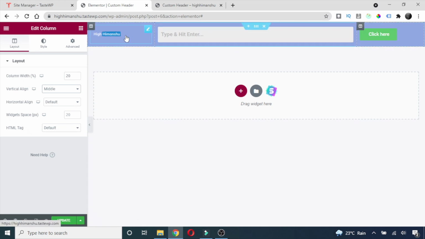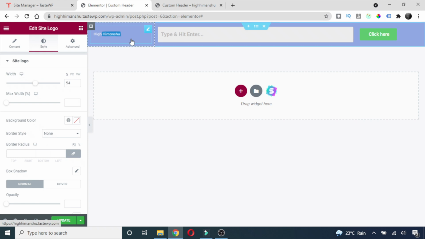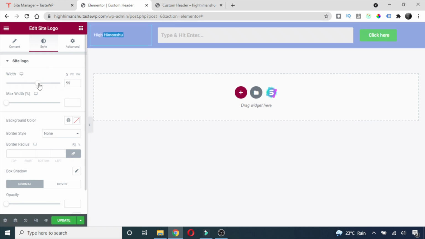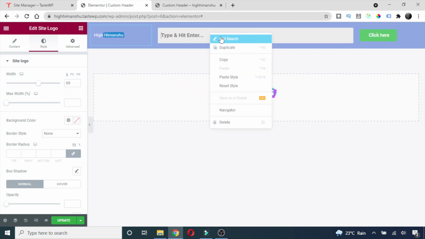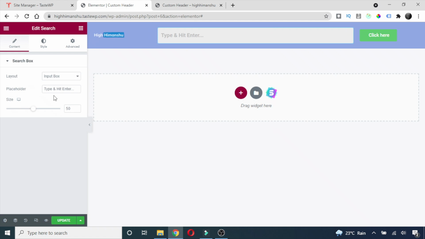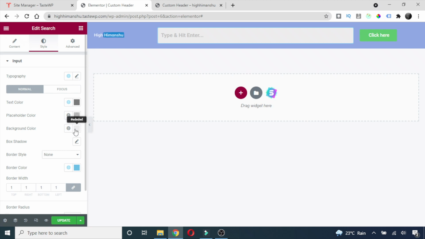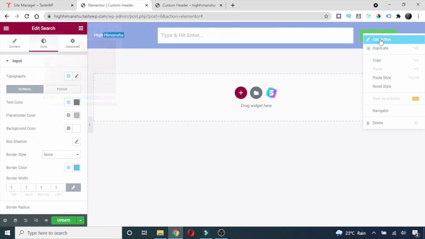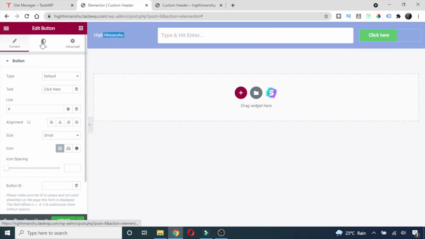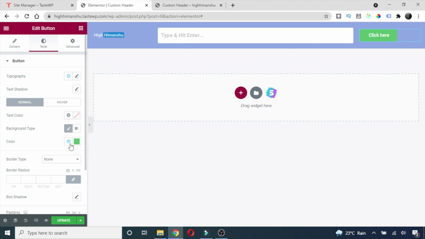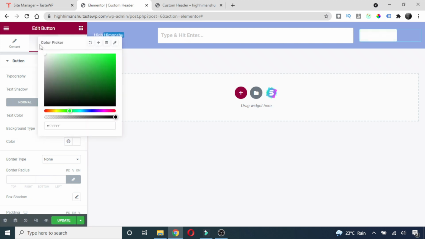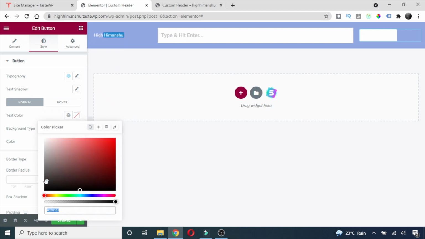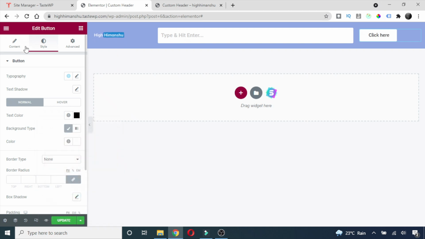Now let's fix it. So especially let me increase the size of this one more. Yeah, I think 60 is fine. Okay, now let's fix this. I want to make it white, so in the background I'll go to style, I'll go to this background color, I'll choose as white. Yeah, and this one I'll choose as, let's say, white again. Go to style, go to color, choose as white, and text I'll choose as black, and I'll make it like